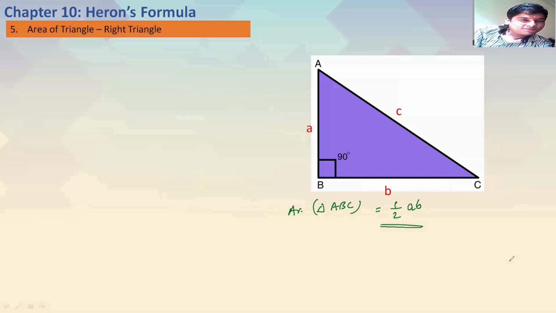Remember this, okay? All four things that I have explained so far. First thing, the basic formula, half into base into height. Then for isosceles triangle, we had half